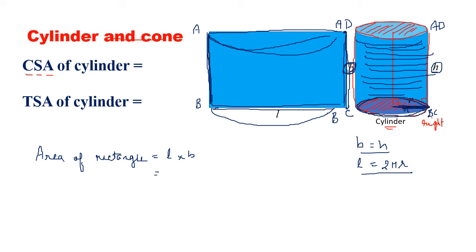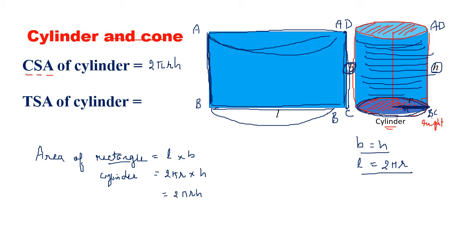So this rectangle is now turned into a cylinder. Because we just rolled the paper, the area of the paper will remain the same. So L became 2 pi R and breadth became H. This gives the formula 2 pi RH. So the curved surface area of a cylinder is 2 pi RH. Remember this new formula for the day.